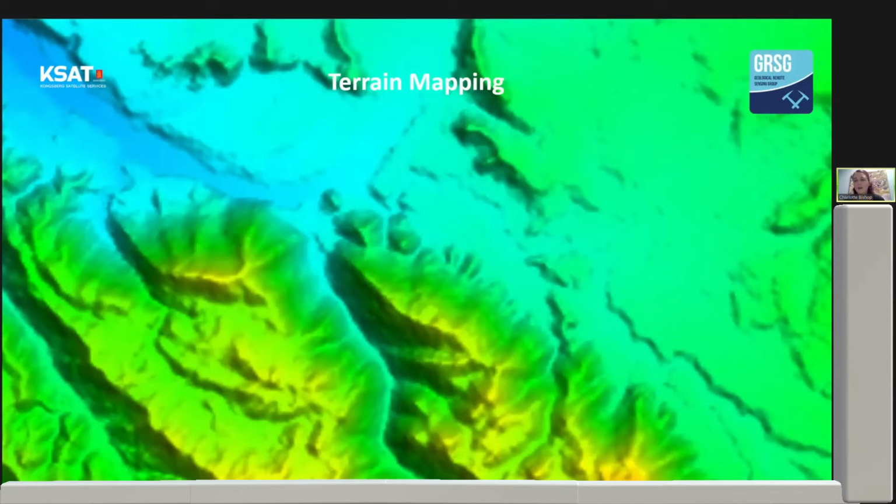So, as a slight segue, as we move into applications, we have optical and radar data, but we also often use terrain data, and this is terrain data derived from satellites as well. An example here is the SRTM, the Shuttle Radar Topography Mission, which is an elevation product that I'm sure many of you have probably heard of. It's from the USGS. And what is also possible from a lot of the satellite systems that are orbiting is that you can also derive higher resolution